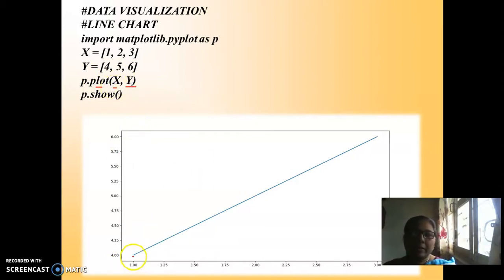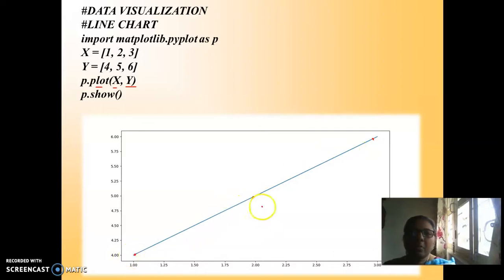So let us see what are the coordinate positions. This is our 1 and 4 positional value. Then 2 and 5. Where is 2? This is our 2. 2 versus 5 is this position. Then 3 versus 6 somewhere comes here.